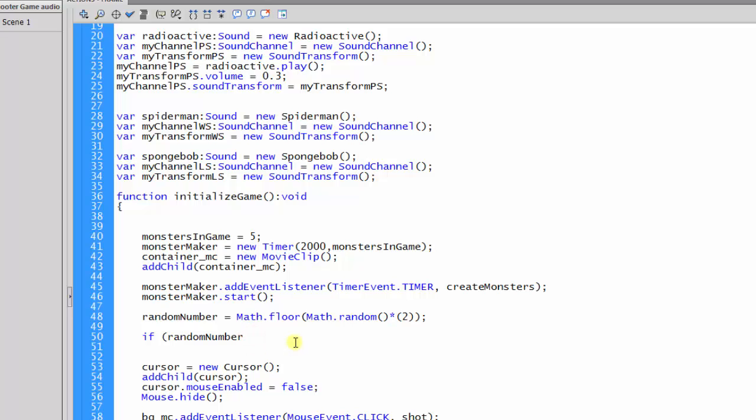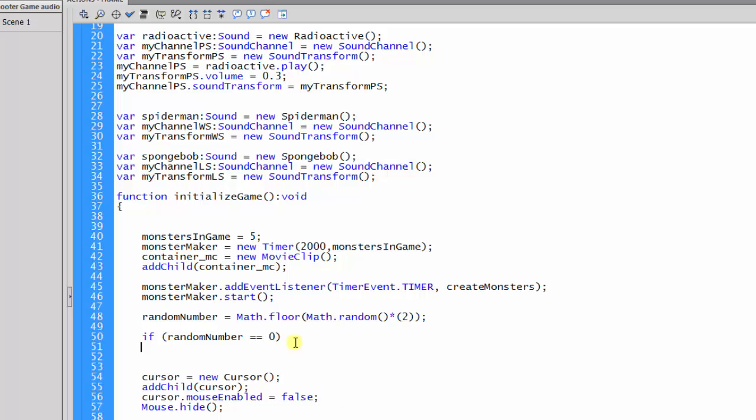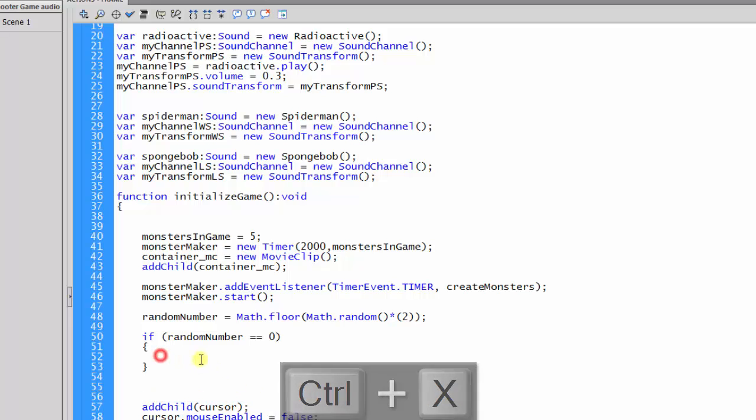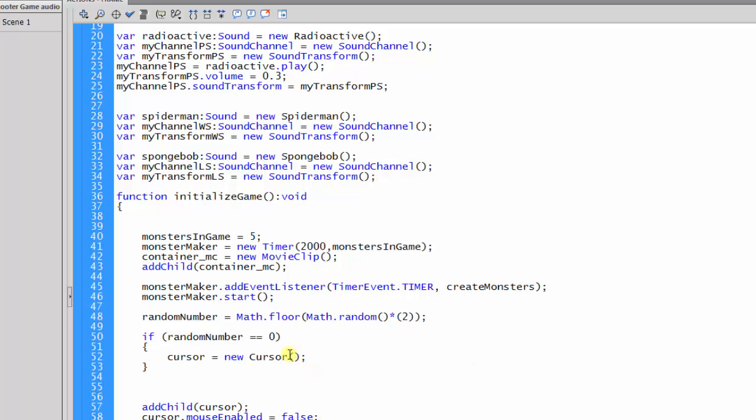If random number, and remember if we're testing to see if it's equal to, we don't just put one equal sign because that's the assignment variable. We put 2, that's the test. So if it's equal to 0, then we open close the curly braces and then we say this code right here, which I'm actually going to cut and put over here, but it's not cursor equals new cursor, it's got to be cursor equals new cursor C or E. So when it's 0, we're going to use the created one,